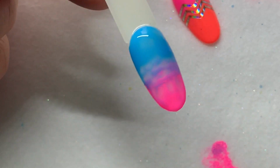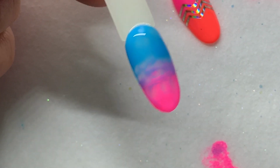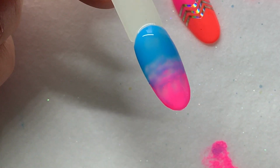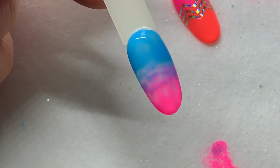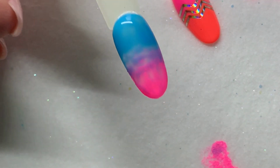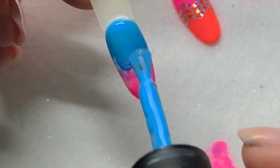And we are gonna cure this. Kind of let it sit for a second to self-level back out, because now once you've been pressing at it, you've got all these bumps and uneven surface in the center there. So just kind of let it sit, let it even out. So now we're going to do the exact same thing with our two colors, blue